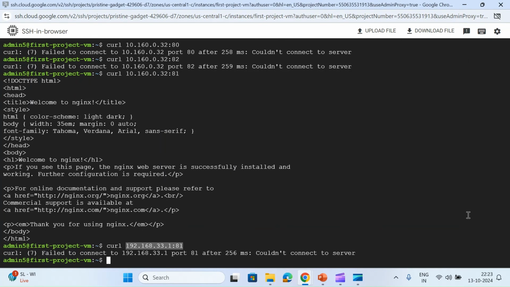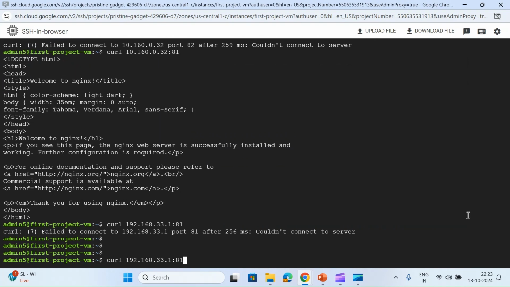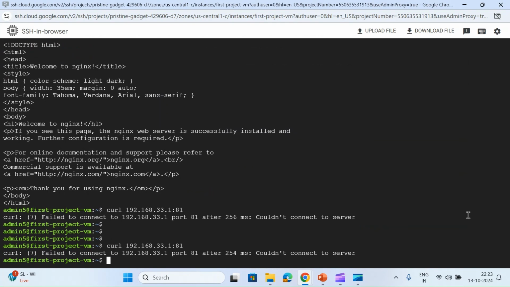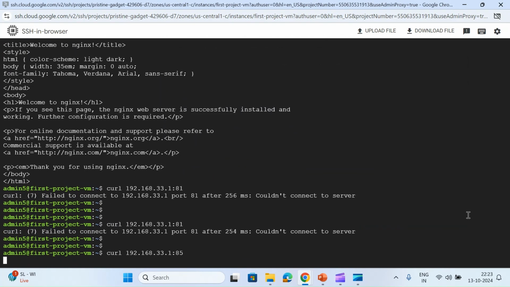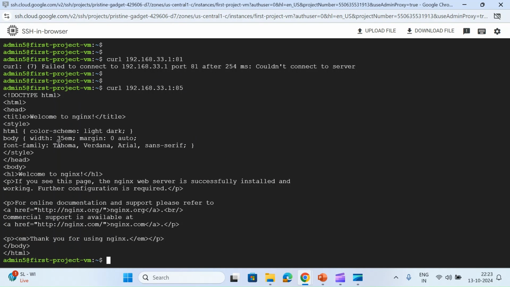Let's go back. Here we are back. Just give port 81. Let's try 81. It will not work. Basically, we have used 85, so we can get a response on 85. Like this, I can configure around 255 containers on different ports, and with the help of this, I can reach all my IPs. This works with VPC peering also, you don't have to configure anything. If you have VPC peering, you can just reach your alias IP from different VPCs.